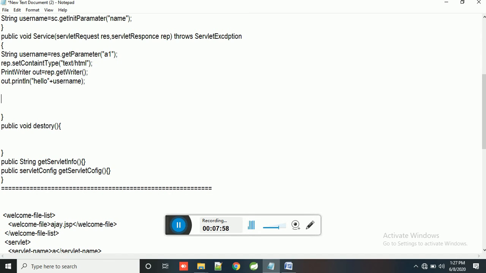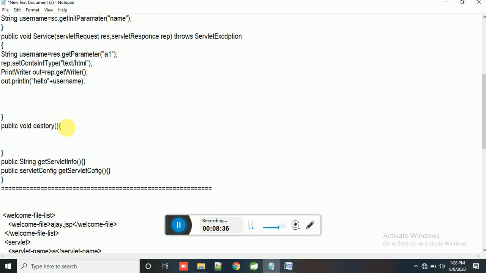But in that lecture I will also tell you what the life cycle is. This is the service method, the init method, and the last one is the destroy method. The destroy method is used when performing some cleanup activity, because when you create a connection, you need to close your connection. There is one thing in Java, the garbage collector. The garbage collector performs cleanup activity, but this cleanup is performed only for objects, not for resources.